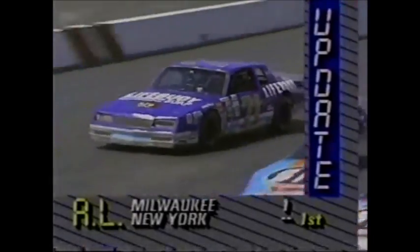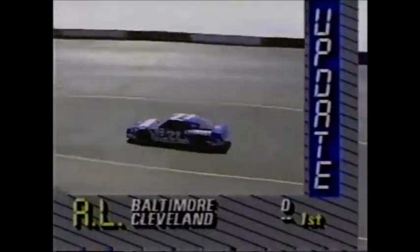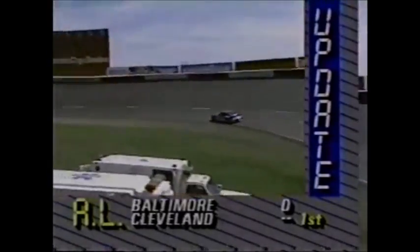Harry Gant, who had been running second, was the first one to go in and out. Marcus is still here. It's a relatively long pit stop for him. 4-tire change for almost everybody up and down pit road. Finally, there goes Marcus. So Dave goes back out on the racetrack, but of course loses the lead, and we